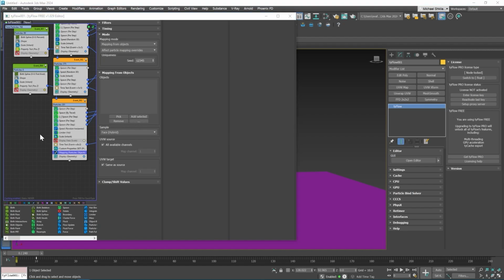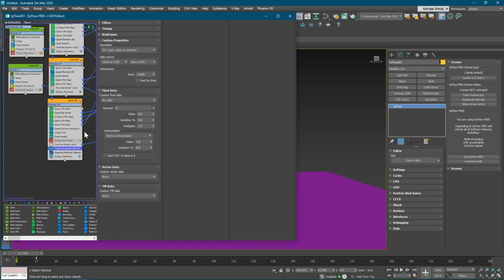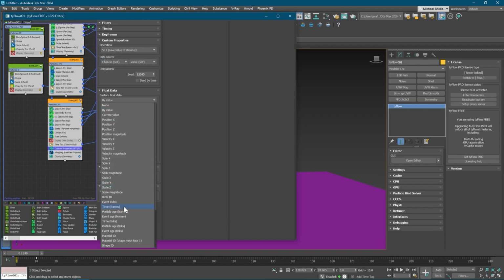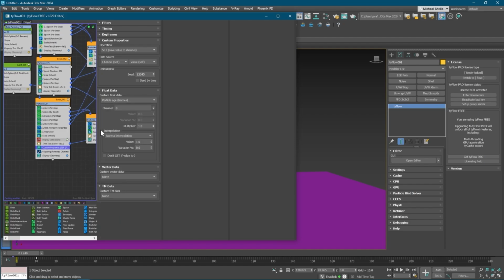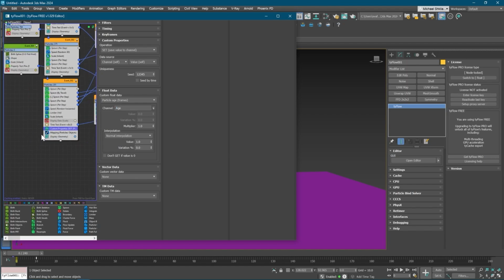We're gonna set custom properties to, let's see what I did in my, I took the particle edge frames, set this to age,